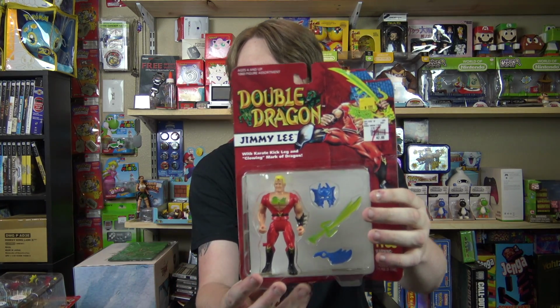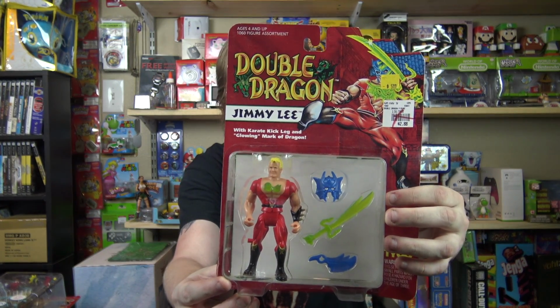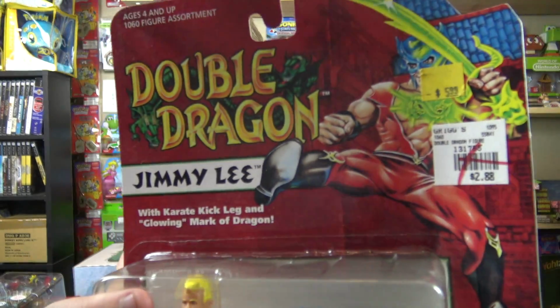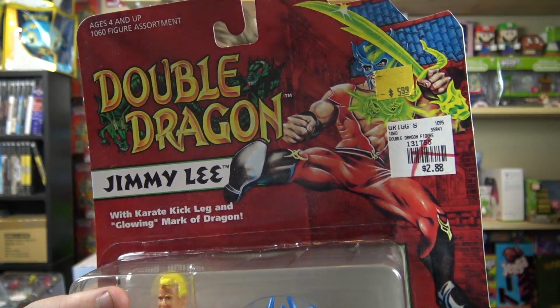So starting off first here, I picked out what I think is probably one of my older figures, and this is the Jimmy Lee Double Dragon figure. This was released by Taiko in 1993, and what I think is pretty cool about this one in particular is that it has a clearance tag of $2.88 on it still, which is pretty cool, and I didn't get that lucky, but I think I got this for about 10 bucks at a local toy show last year,